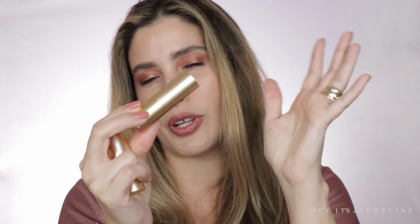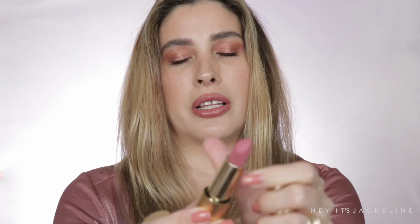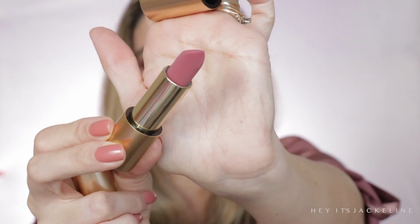If you have fine lines on your lips, which we all have, this will not emphasize them. It's just very beautiful, smooth. Again, pigmentation is there. Packaging on point, beautiful. The two shades that I have been using the most and loving the most are Velvet Beauty